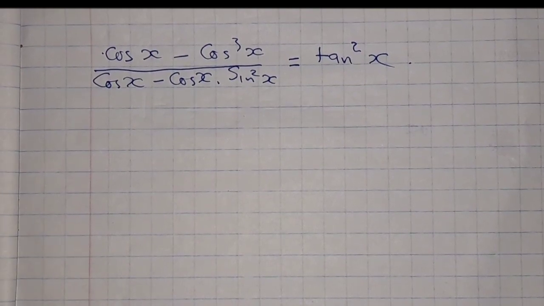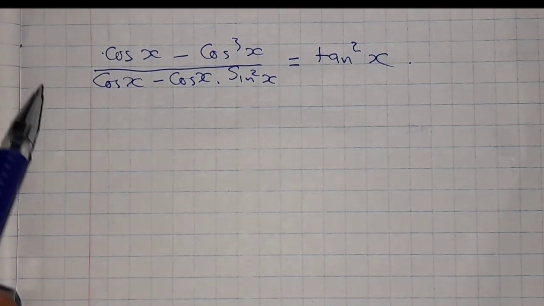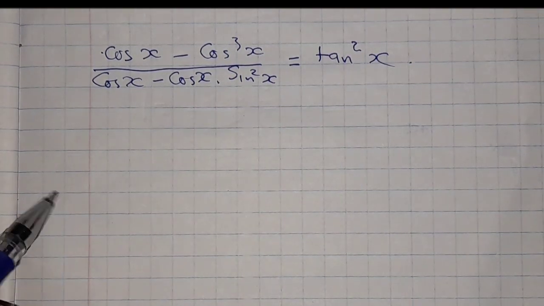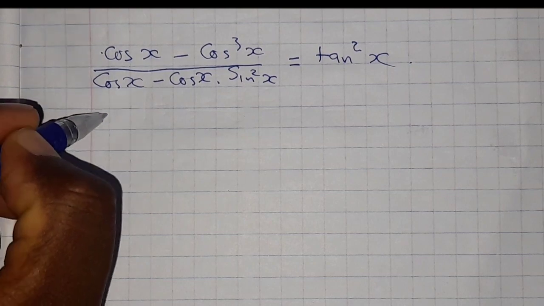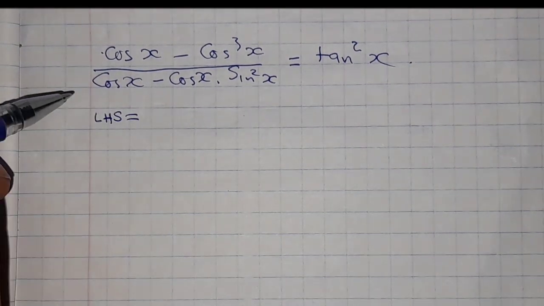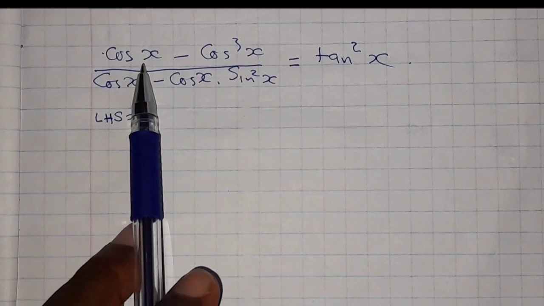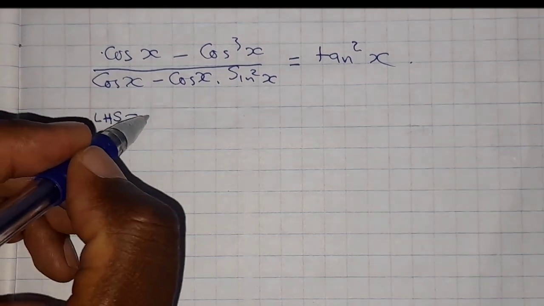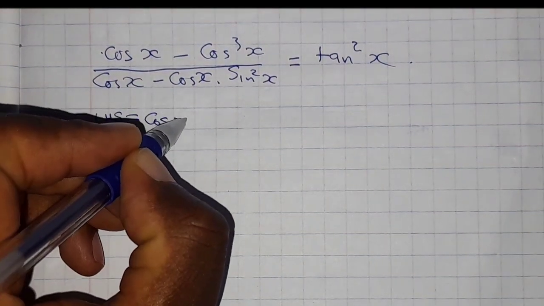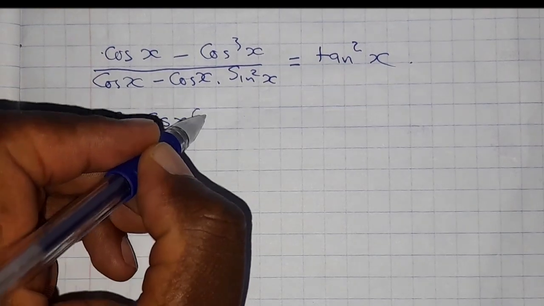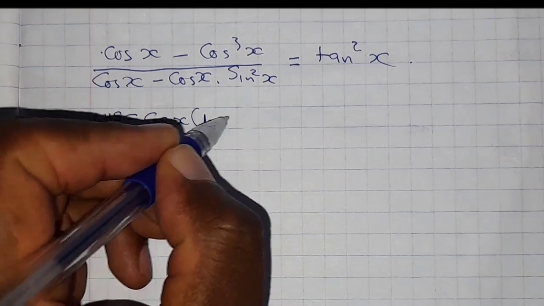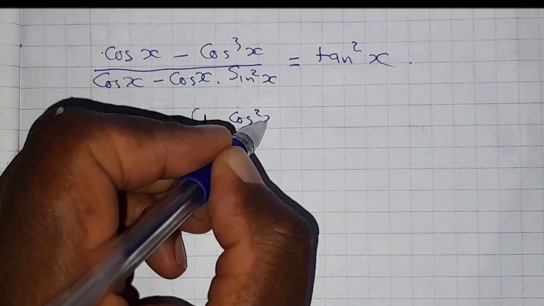Continuing with identities, we have this one. The left hand side is equal to the right hand side. You need to prove that these two sides are equal. Let's deal with the left hand side. Our left hand side is equal to cos x minus cos x cubed. I want to factor out cos x here. That's the common factor. Cos x divided by cos x is 1. Cos x cubed divided by cos x is minus cos x squared